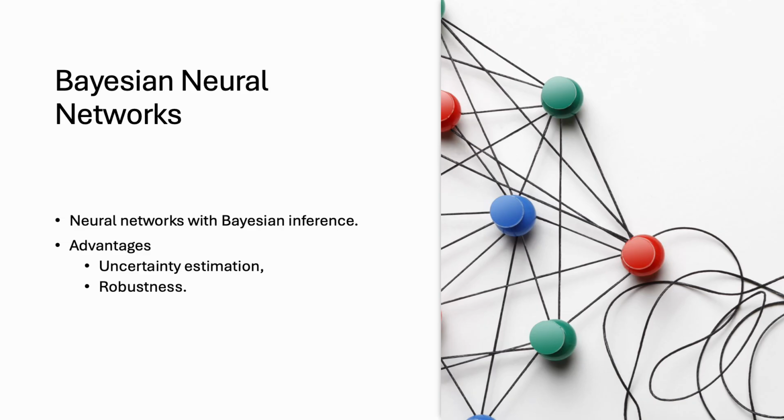For example, if Boris is working with a soccer team, a BNN could predict not only the likelihood of a key player getting injured in the next match, but also the uncertainty around that prediction. This allows medical and coaching staff to take proactive measures, such as adjusting training regimens or resting players, based on a nuanced understanding of risk. By accounting for uncertainty, BNNs provide a more robust framework for injury management compared to traditional models, which might only offer a binary high risk or low risk assessment.